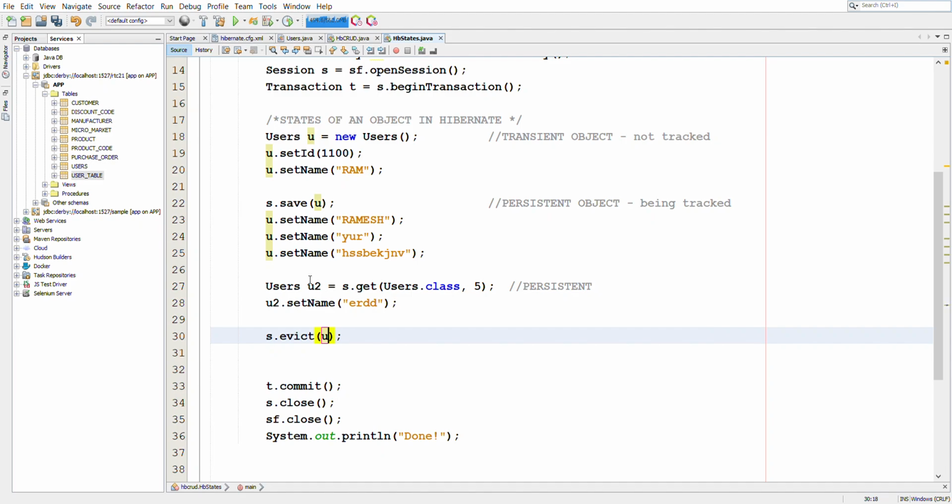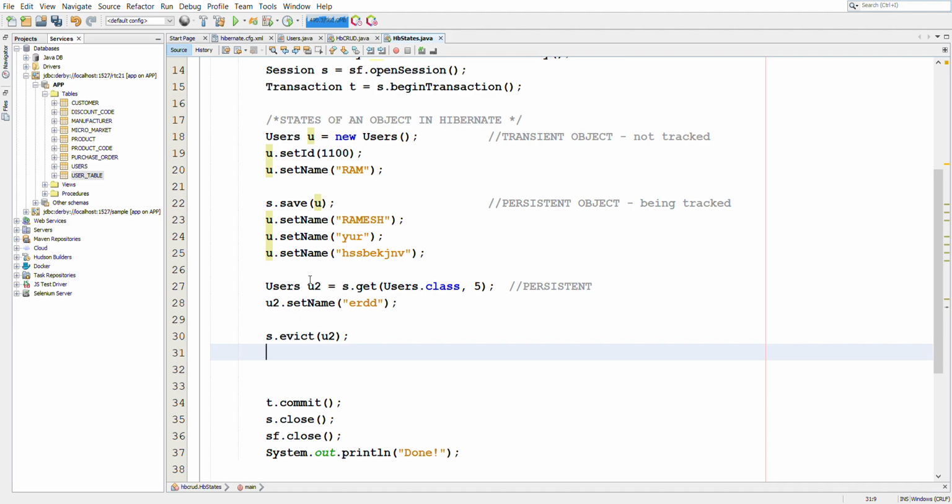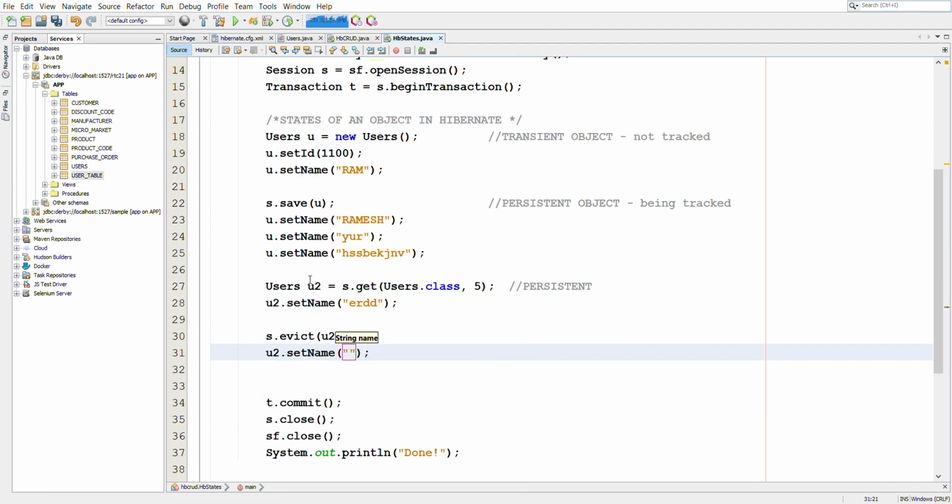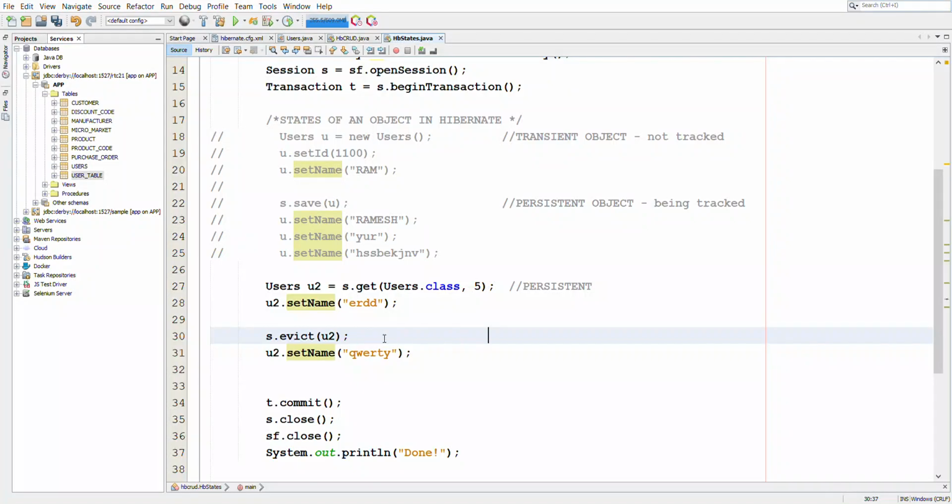So let's say if we evict u2, now whatever changes we make to the object u2, so if we set name of u2 to some value, now the changes that we are making to this evicted object, these changes will not be monitored. So which means that this object is in detached state, and when the transaction will be committed, the object u2 is not being persisted.